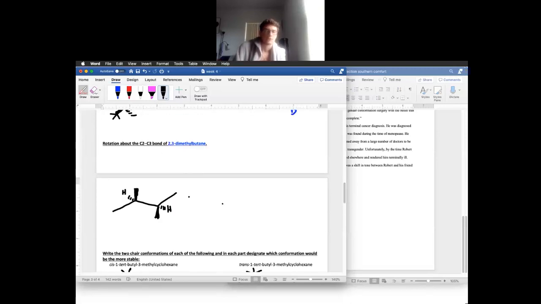So I always like to go from bond line to a Newman. That just makes it easiest for me. And so there's a rule of thumb that I like to use. Anything that's directly up and down is on the plane. Things that are on the right are wedged, or vice versa. Things that are on the left are dashed, or vice versa. So when we draw our Newman,